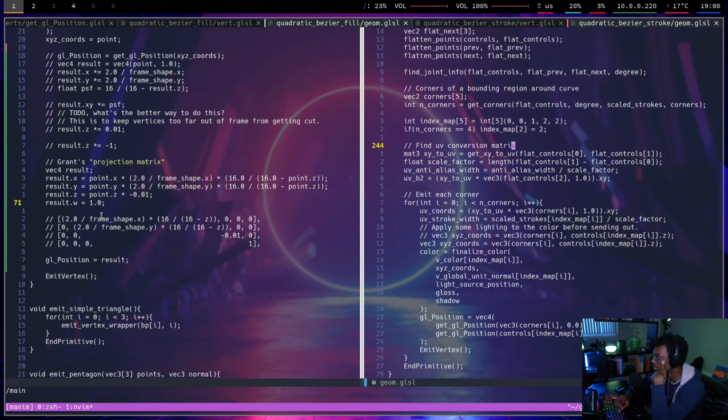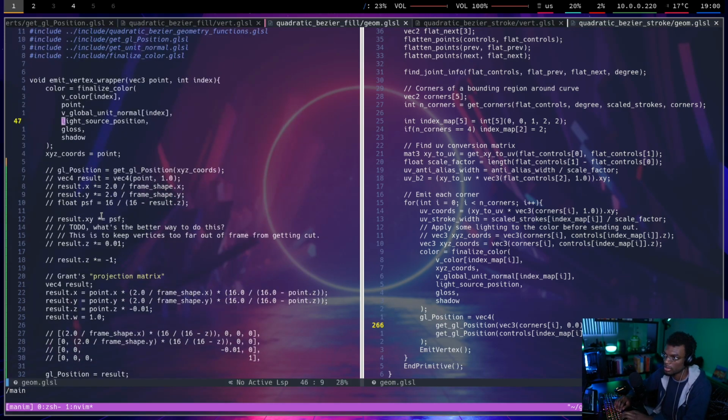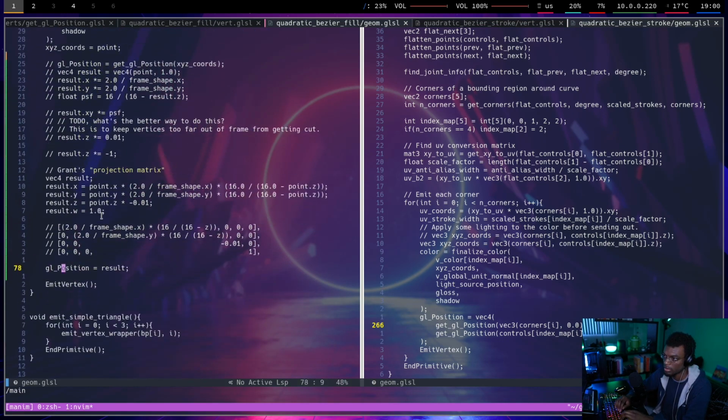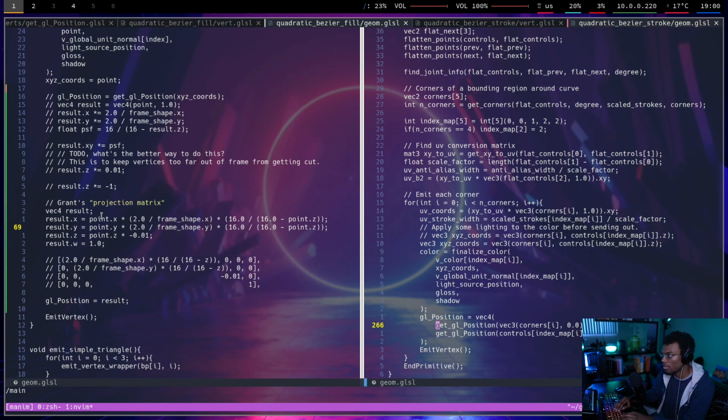Find UV conversion matrix, which I'm also not sure what that is. It's still at the very end. It does the same function, get GL position, which is the same function that's used in this geometry shader. That's what this is. Or yeah, that's what this was before I took it apart. So a lot of the projection matrix logic is taken care of just in this function, but not all of it, because